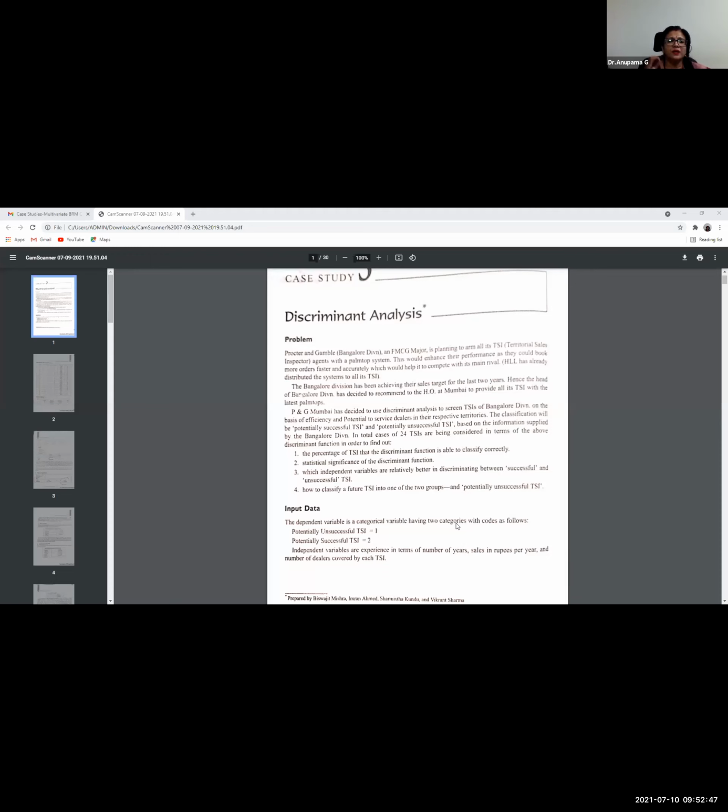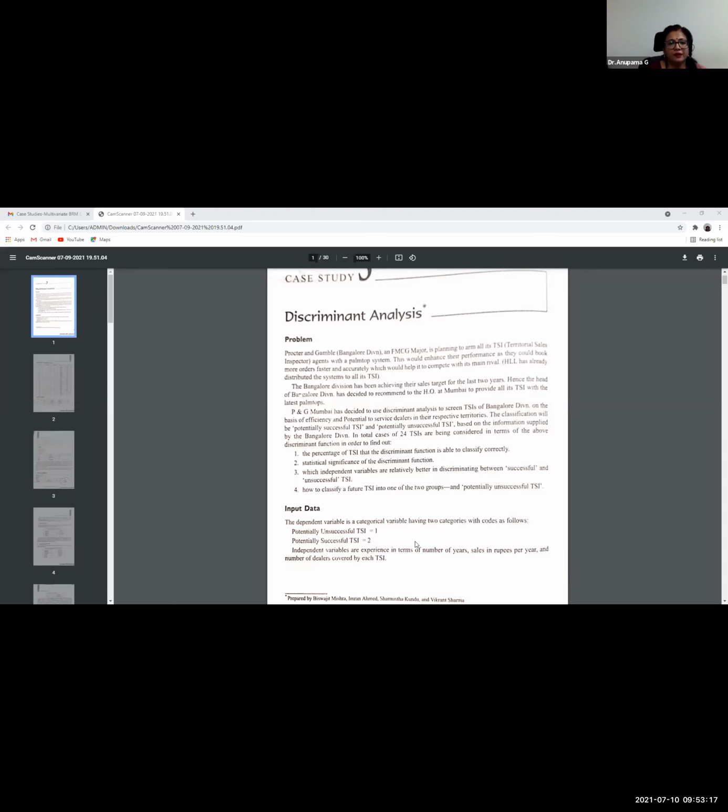So the purpose is to understand what it is that you're going to do, what analytical technique, what the fundamental theory behind the technique is, what type of data can be used for the technique, and what kind of outputs are expected from it. Once you understand that, then using the software and clicking on a certain tab and getting the result is only a matter of process. It's like step 1, tick here, step 2, click this, step 3, put the variables. But you should know what type of variables go into a particular analytical technique.